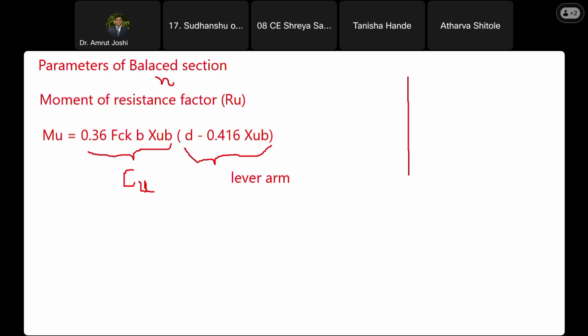And we have reinforcement placed here. 1, 2, 3, and let me also draw the fourth bar. Let us say there are 3 bars placed